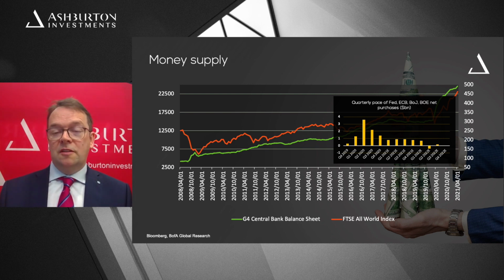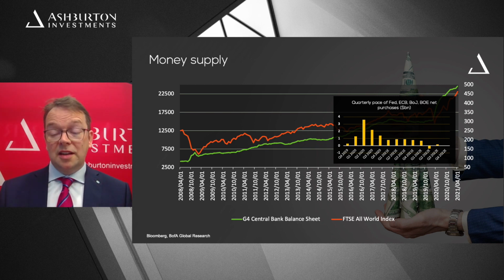And all the measures that have been taken to support households and businesses during the pandemic have led to increased levels of household savings generally. Remember, people haven't been able to go out and buy goods and services. And actually, the level of excess household savings in the US, again, is about $2 trillion. And it's a similar story throughout much of the rest of the world.